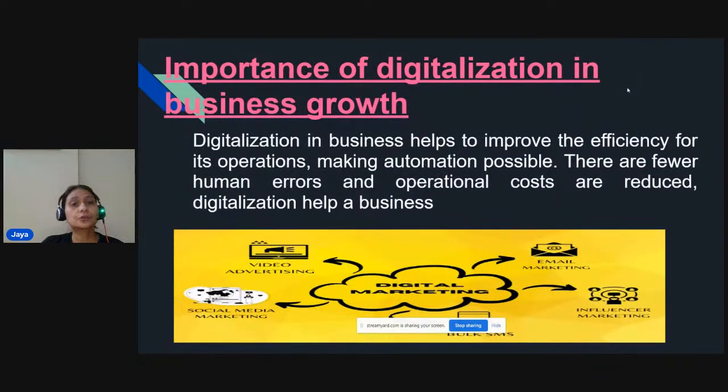The second point that comes to my mind is how this digital tool gives growth to the business. When we retrieve those customers in a proactive manner, and we try to listen to their queries and requests, and if my query has been listened to and they are trying to give a solution to that particular query of the customer,